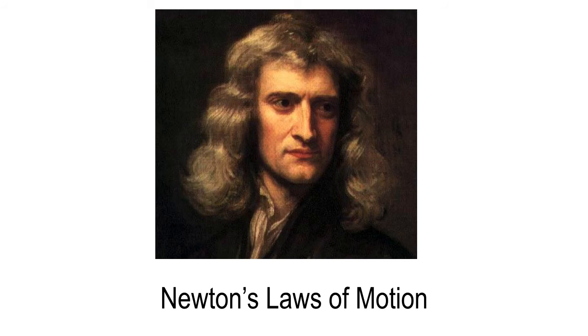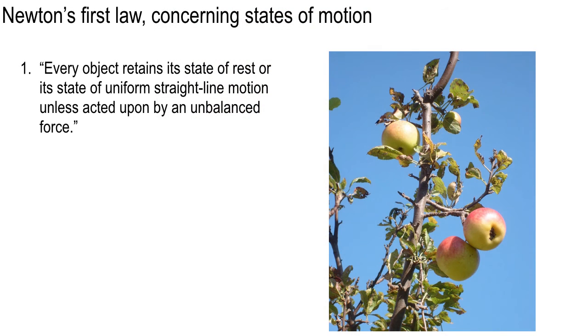But he built on the work of Galileo. And so here's how he would have written it. Every object retains its state of rest or its state of uniform straight line motion unless acted upon by an unbalanced force. So if you're up on that frictionless horizontal plane,